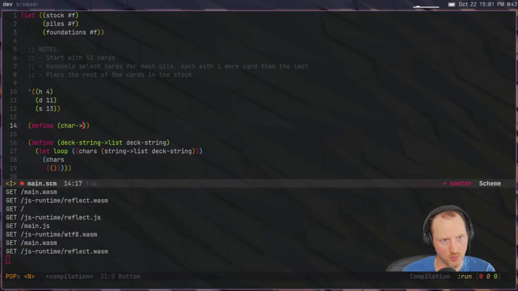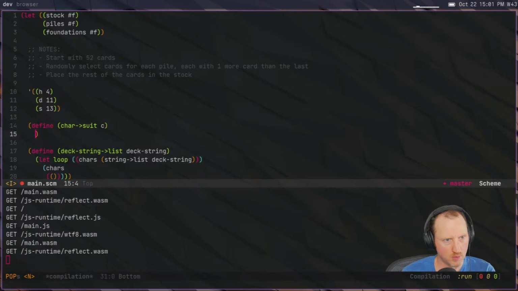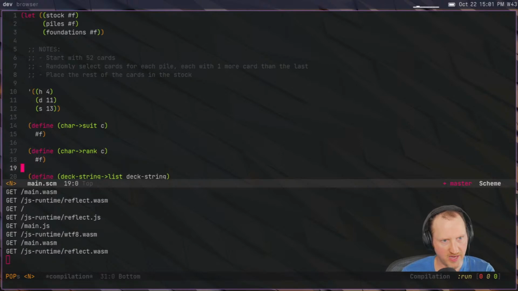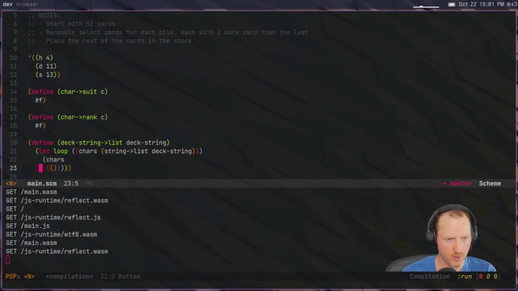char to suit. And then define char to rank. So if I have those two, I could loop through the list of the string, just use string ref. So instead of doing that,